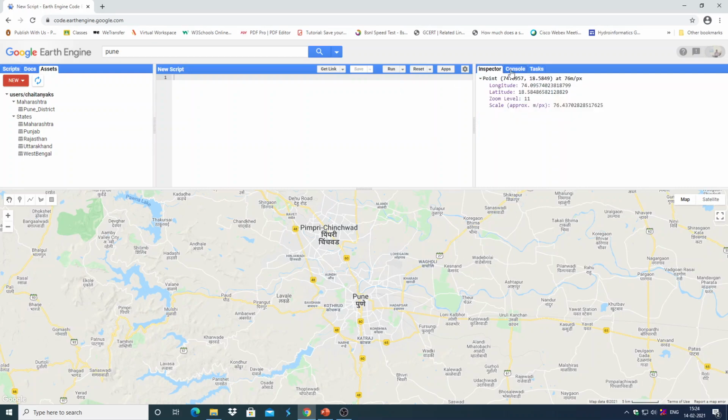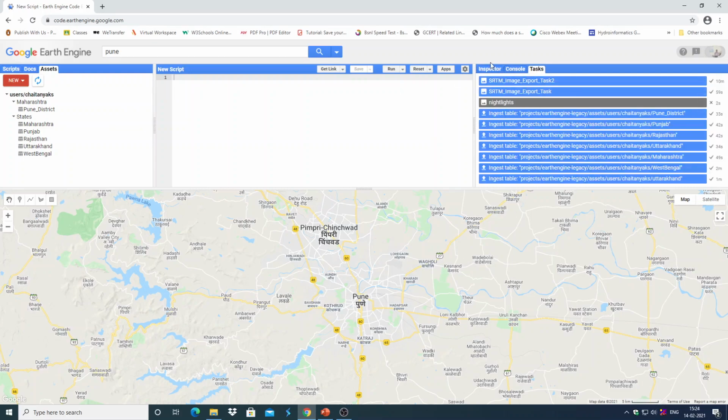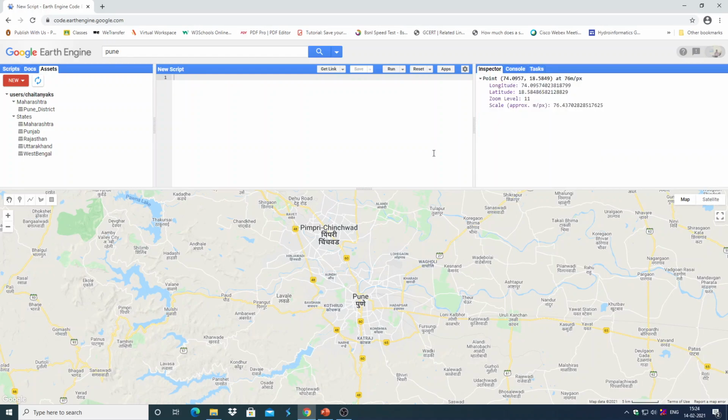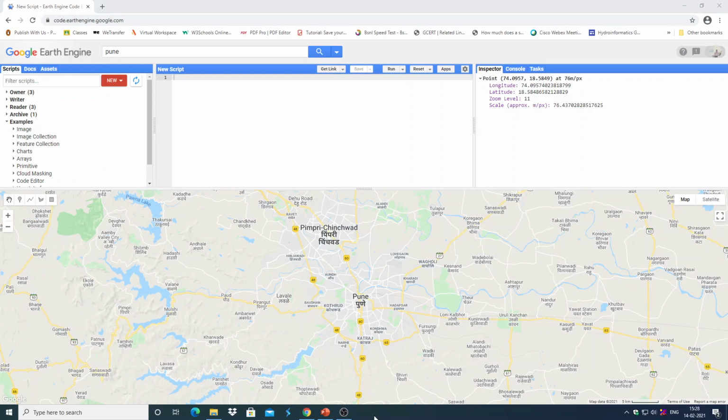We will see all of these functionalities. Don't worry if you don't understand anything, because we will be using these during the hands-on sessions, and you will have a better idea of everything. So this is basically about the familiarization of the Earth Engine code editor, and we will come to these functionalities again tomorrow while doing the hands-on. Now going back to our presentation,